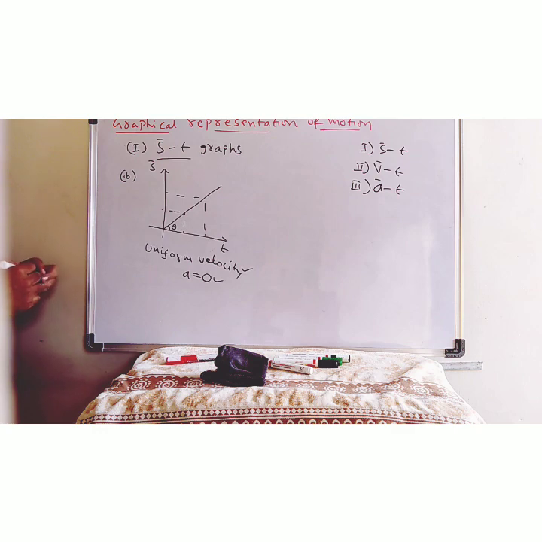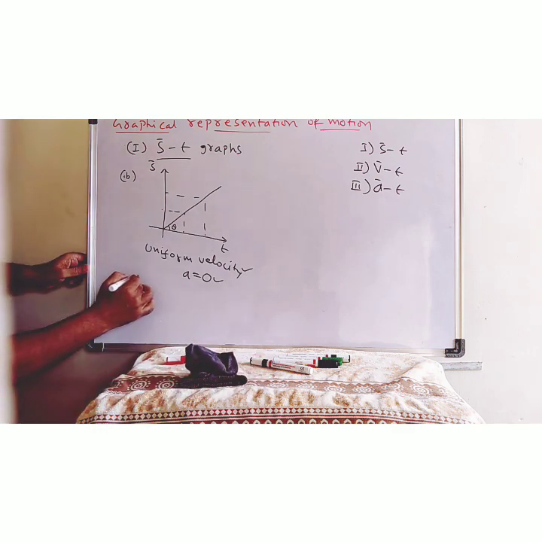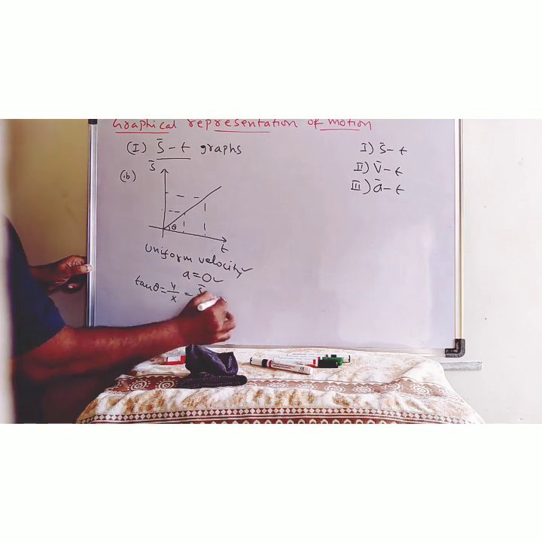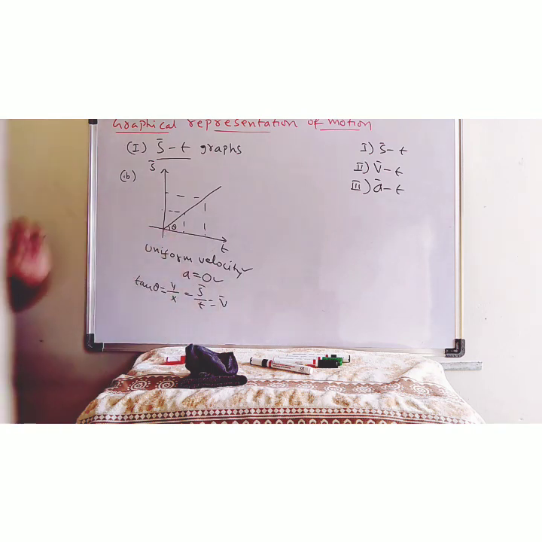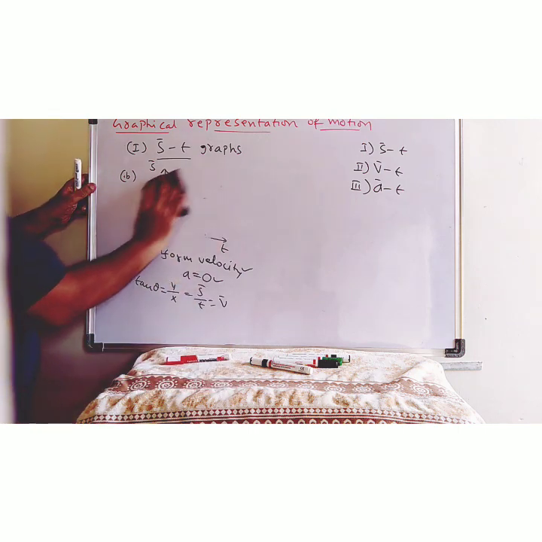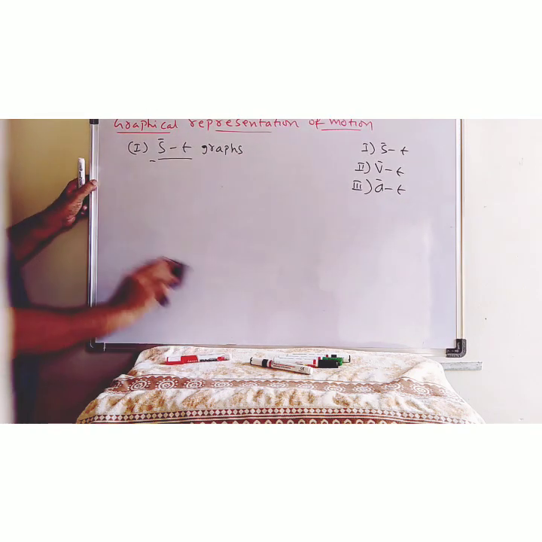Are you following, sir, what I am saying in the second graph? And here, what is the slope of this one? What is tan theta here? It's nothing but y component by x component. But what is the y component here? Displacement by time, nothing but velocity. So it shows it's a uniform velocity. Now let us look at another graph. Suppose they are given like this.